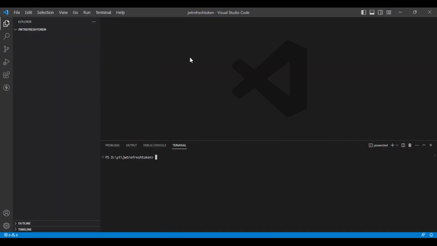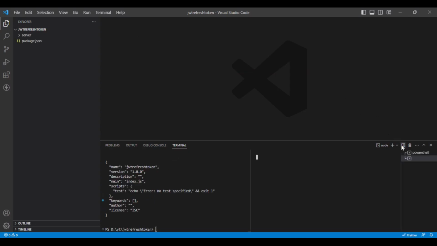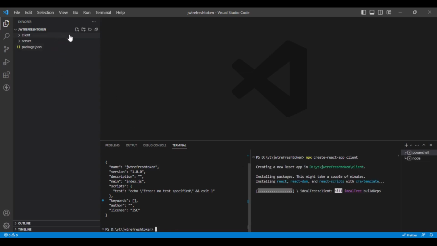Okay, so we will start by creating an empty Node.js project. So I will create a new directory with the name server, and I will create an empty Node.js project here. Meanwhile, I'll create one React project, npx create-react-app with the name client. Okay, so let me come back to my Node.js project, and here in server I will create the new file